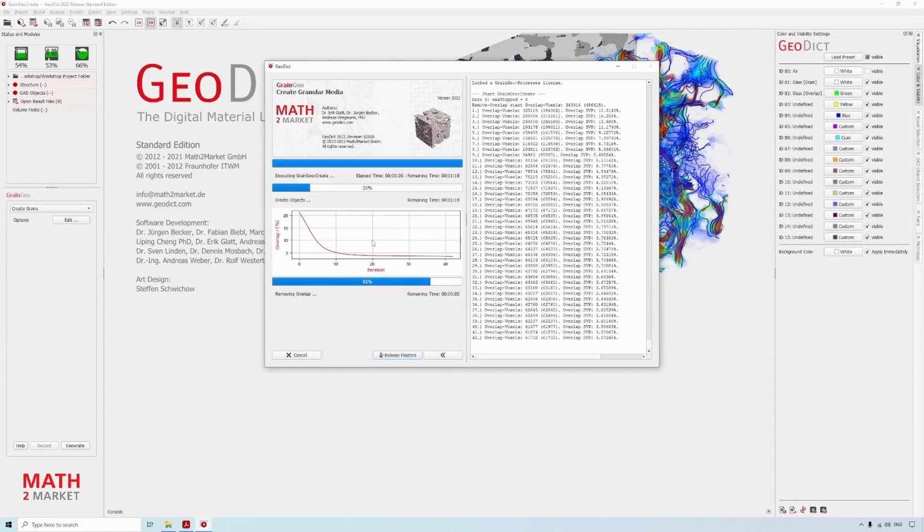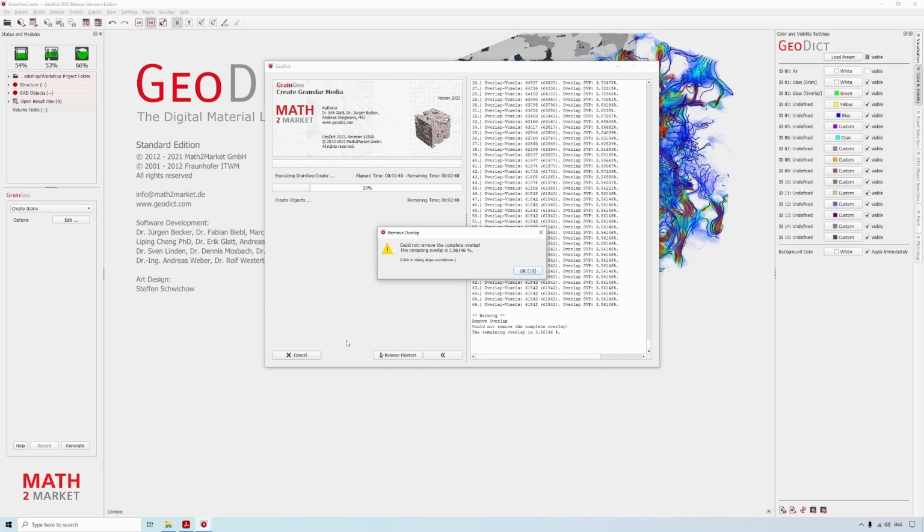If this structure generation is finished for me and not for you, you can just click this stop button and select yes. It will stop the structure generation at this point. You might have some more residual overlap than me, but this will not influence your digital twin too much.